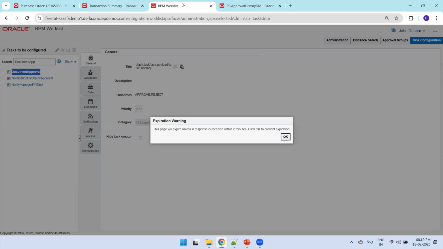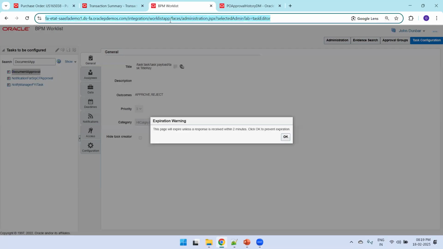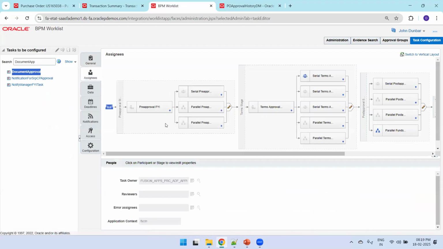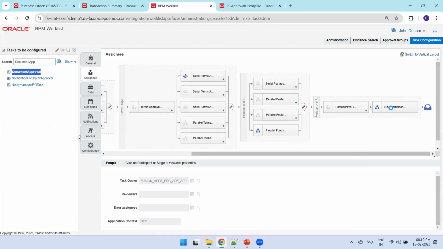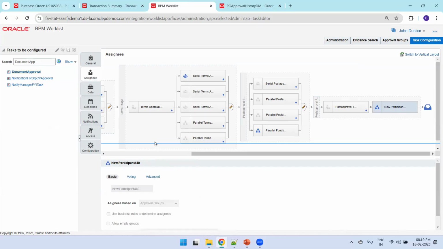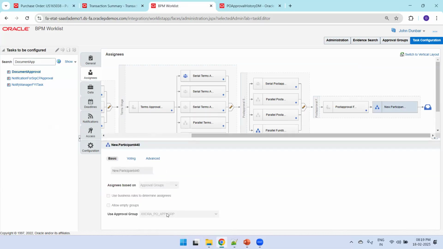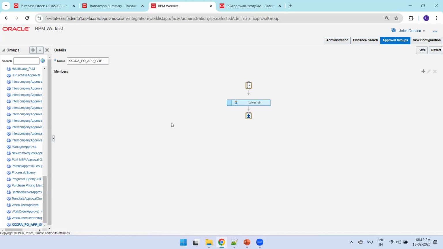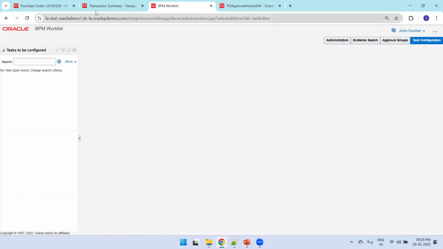Now, let us see the information from this particular one. So I'll just navigate here to the work list and you can observe here and click on assignee. And now this was the new participant which I added. And here the approval for this one is just based on one of the static approval groups, XXORA PO approval group. So you can observe the approval group here. Yeah, this one. I just assigned only one user, Calvin Roth. So this is one of the ways where you can add a participant, right? Using the BPM worklist task configuration. The other one